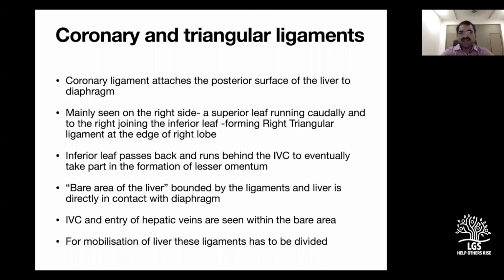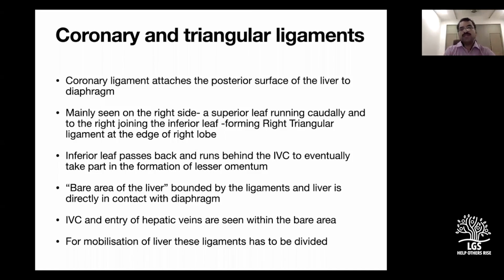The triangular ligament and coronary ligament are mainly seen on the right side, and a small portion is seen on the left side, and it continues with the lesser omentum towards the